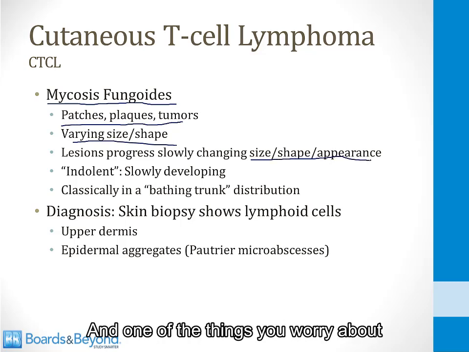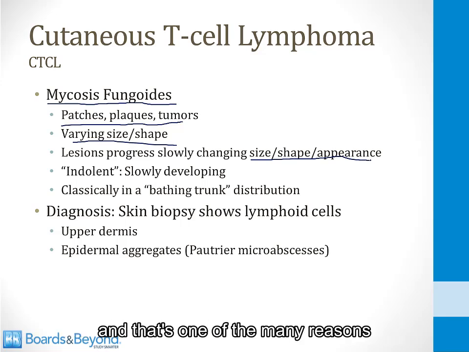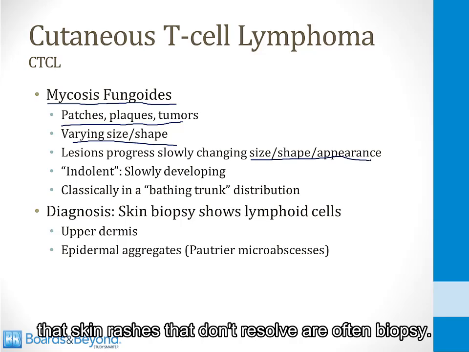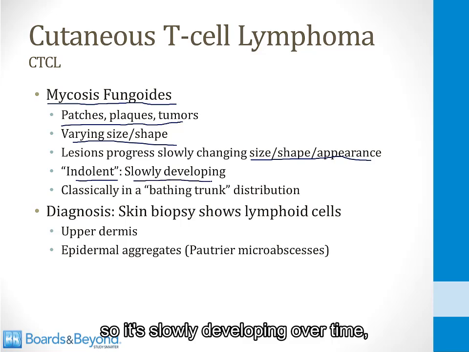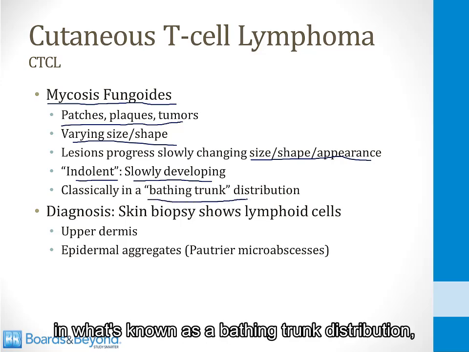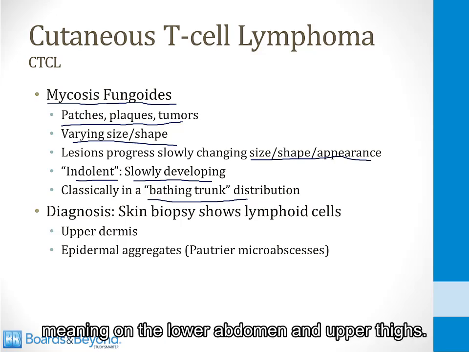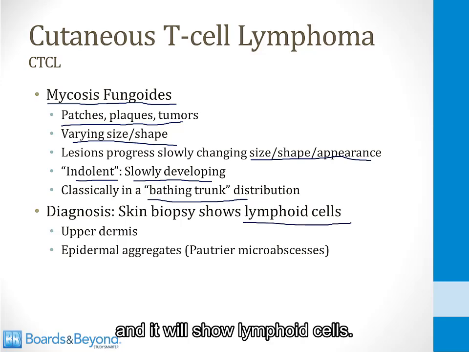And one of the things you worry about when a patient has a rash that won't go away is that it could be a malignancy, and that's one of the many reasons that skin rashes that don't resolve are often biopsied. It's an indolent lymphoma, so it's slowly developing over time, and the classic distribution, although there's a lot of variability, is for it to occur in what's known as a bathing trunk distribution, meaning on the lower abdomen and upper thighs. The diagnosis is made by skin biopsy, and it will show lymphoid cells, and this is the key